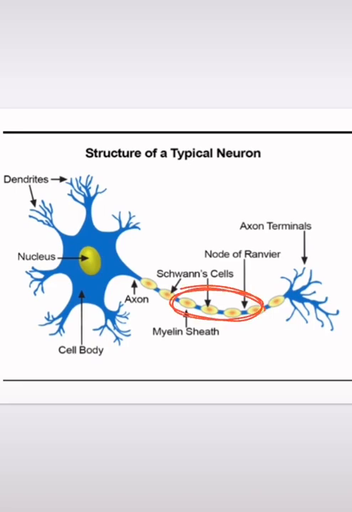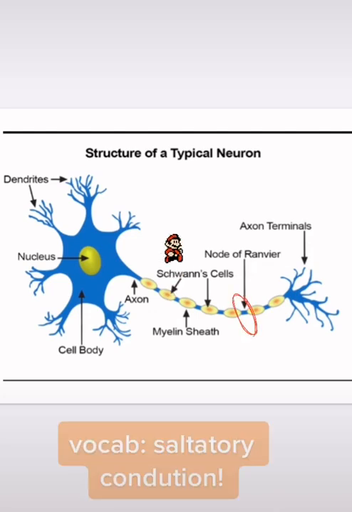So on the axon we have the myelin sheath, which is an insulator, and it prevents signal loss or crossing signals, as well as increasing the speed of conduction in the axon. We have two kinds: the Schwann cells, which are the myelin sheath in the peripheral nervous system, and the oligodendrocytes, which are the myelin sheath in the central nervous system. In between the myelin sheath we have the nodes of Ranvier, which allow the generation of fast electric